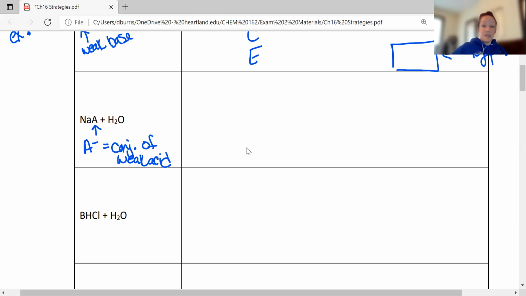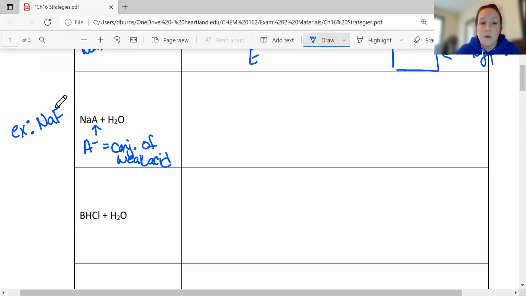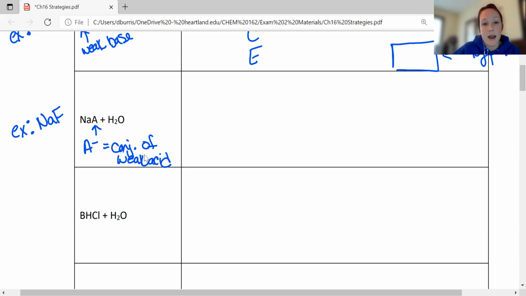Okay. So this is like a salt dissolved in water type of question. So the question could ask, what is the pH of a solution that has NaF in it? And you should be able to recognize that F minus is the conjugate of HF, which is weak. So this is a conjugate of a weak acid. So what you would want to do is